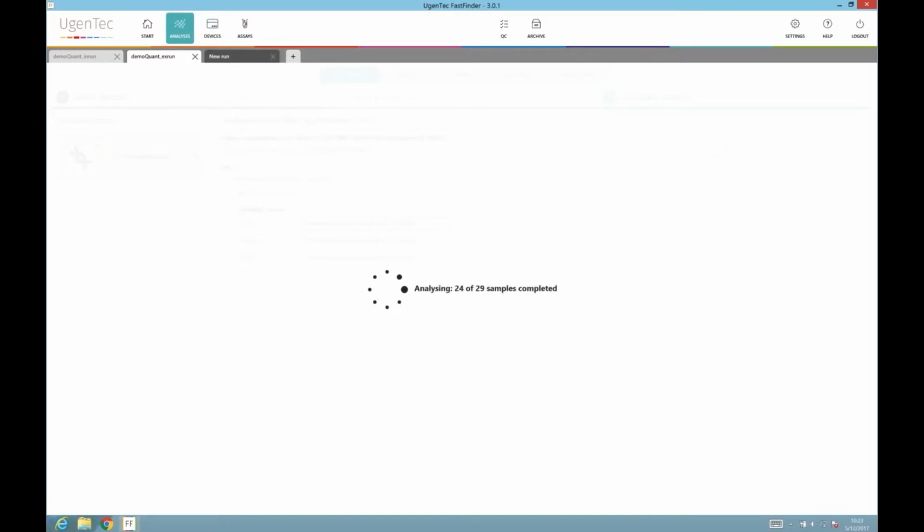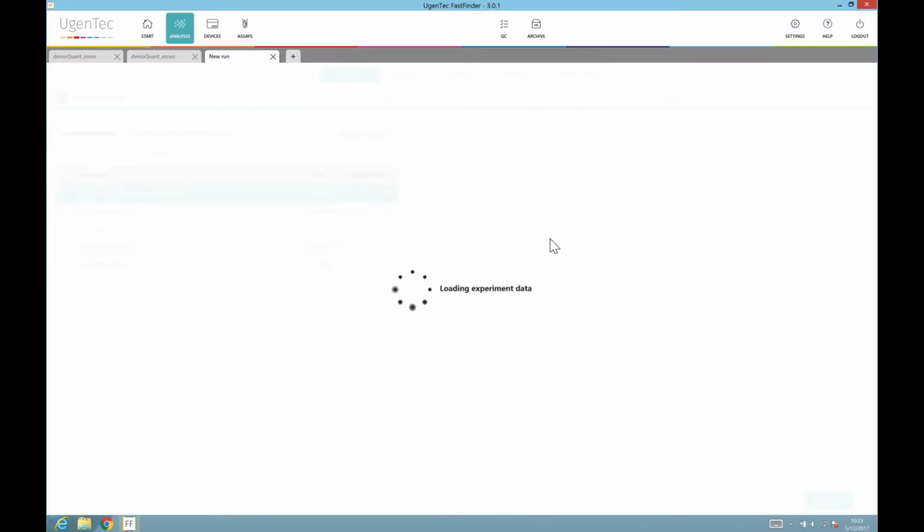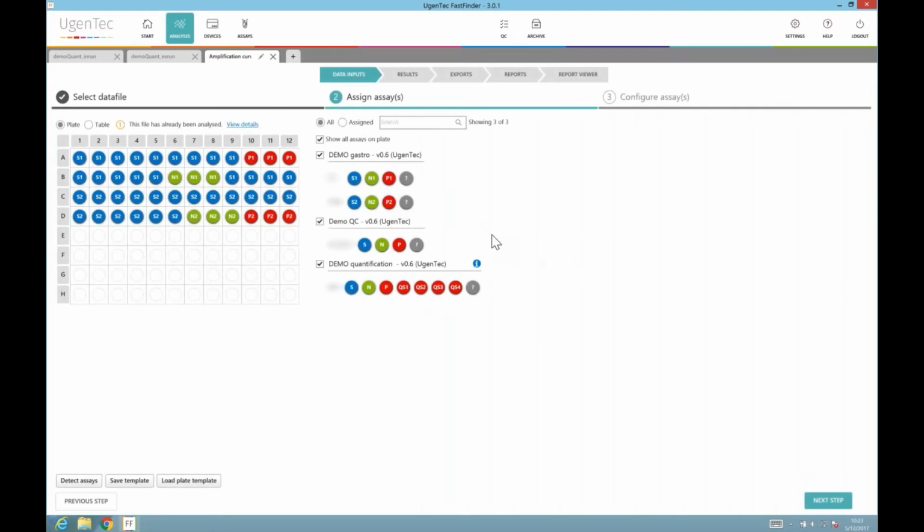So while that's analyzing, I'm going to simply select another file to analyze, just to show you what happens with a kind of contested result, and to show you another plate layout here from this experiment, which is that you've got,